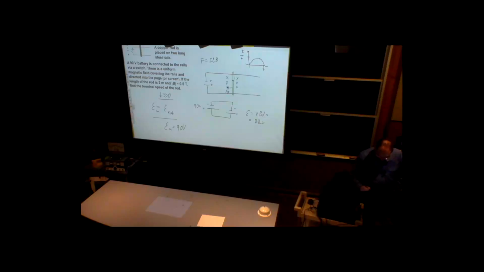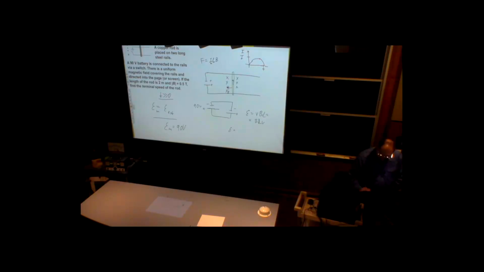What we're looking for? Okay, terminal speed. So the magnetic force will be cancelled by another magnetic force eventually from the opposite current, no current, eventually no magnetic force. But the terminal velocity reached by